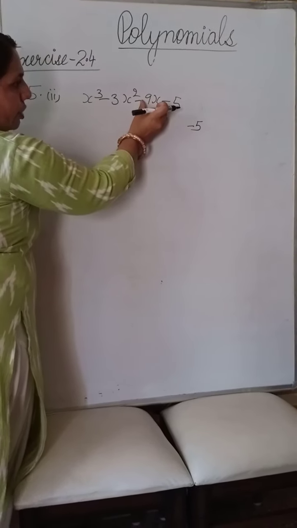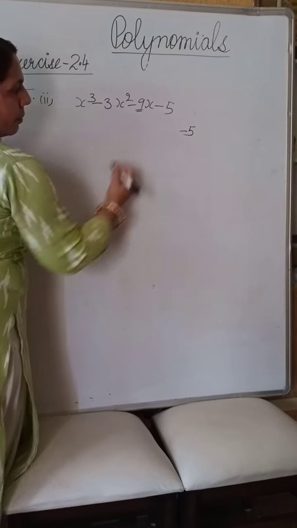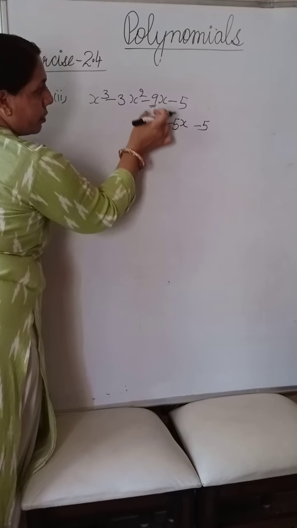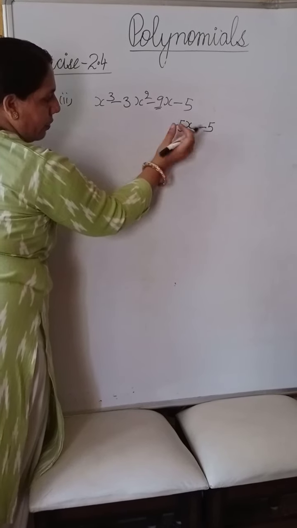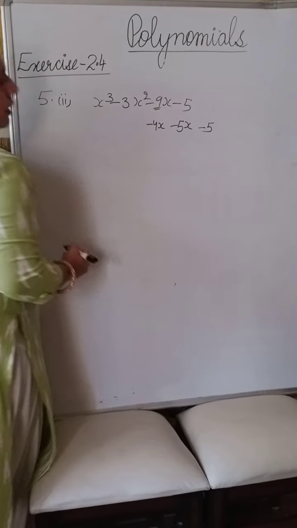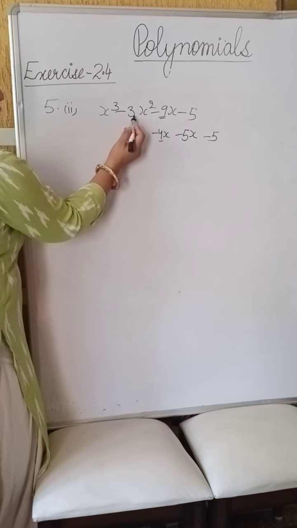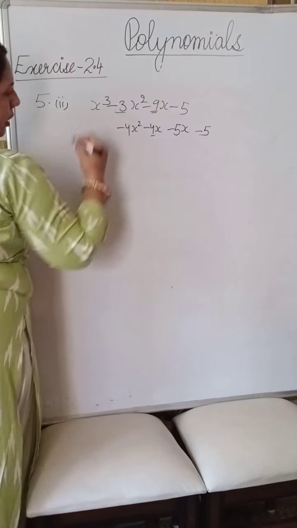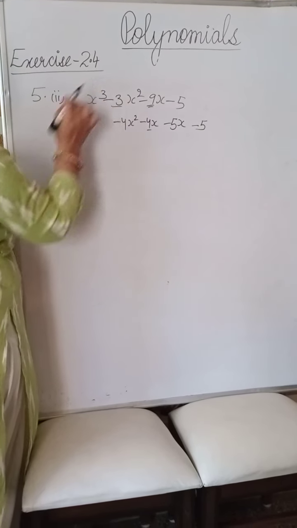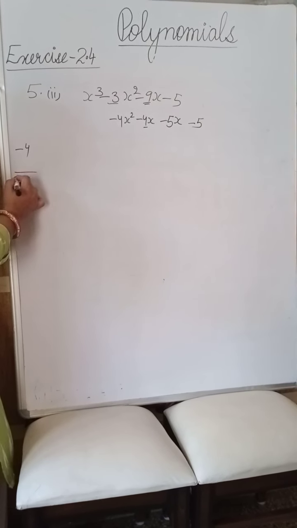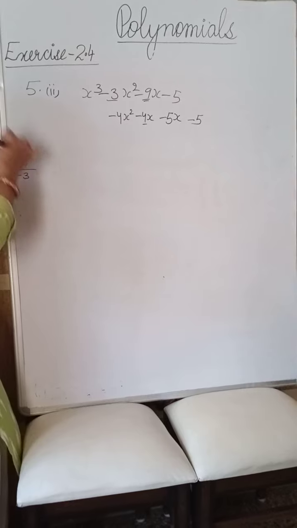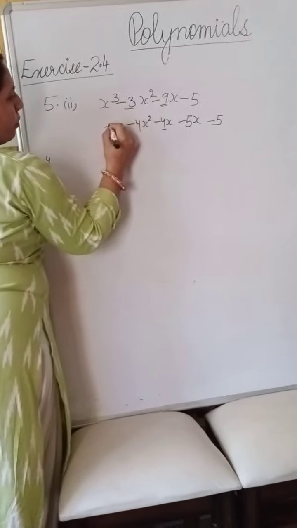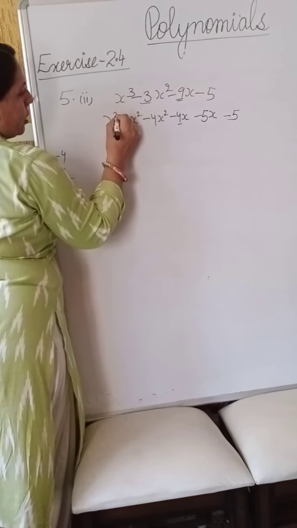Minus 9x. But you can write this minus 9 minus 5x. Take the same number here. What is left? From minus 9 we have taken minus 5. So what is left? Minus 4x. In the same way, now check, this is minus 4 and this is minus 3. I will write minus 4x square. So what do I need to make it minus 3? This is minus 4 and I need minus 3. So what will I take? Plus 1. I will do plus 1 here. So I will write this minus 3 plus x square and then this x cube.